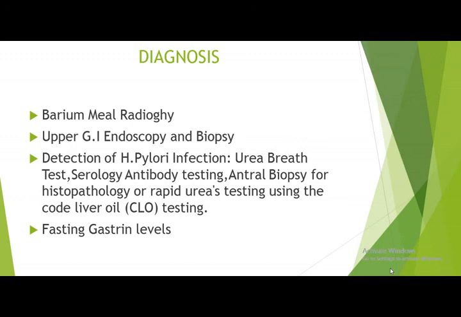You might find some irregularity in the mucosa of the stomach and the duodenum, or the crater in there. So by barium you can diagnose the peptic ulcer. However, the upper GI endoscopy is the gold standard. Why? Because that can diagnose